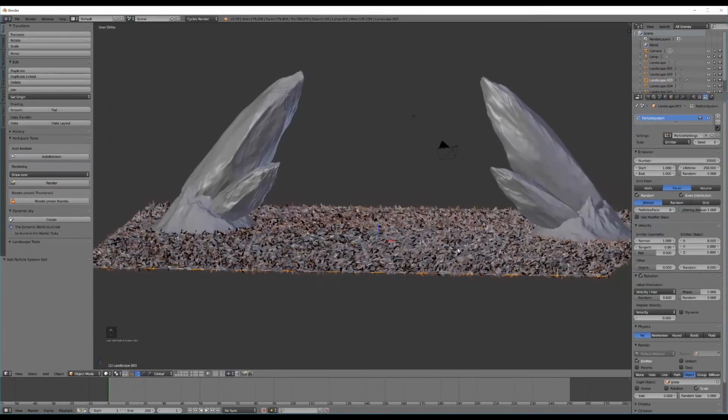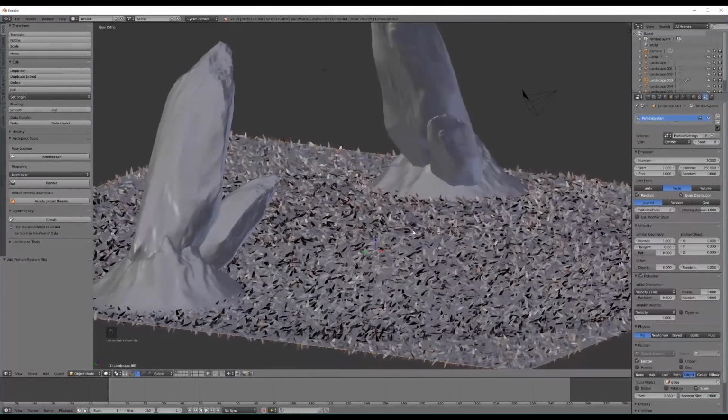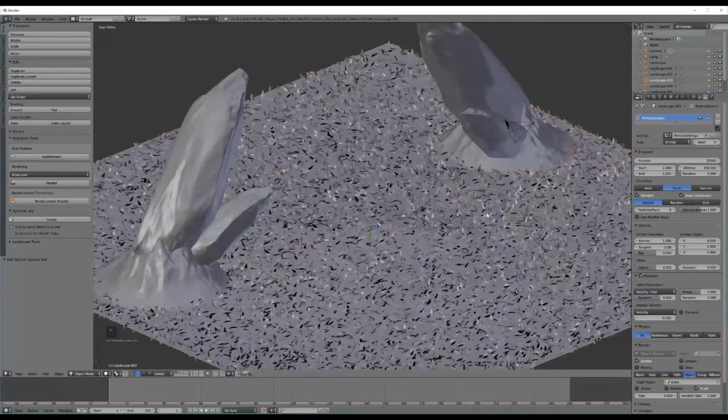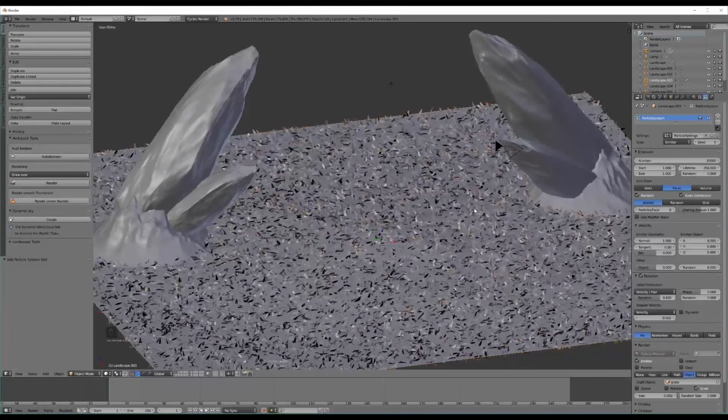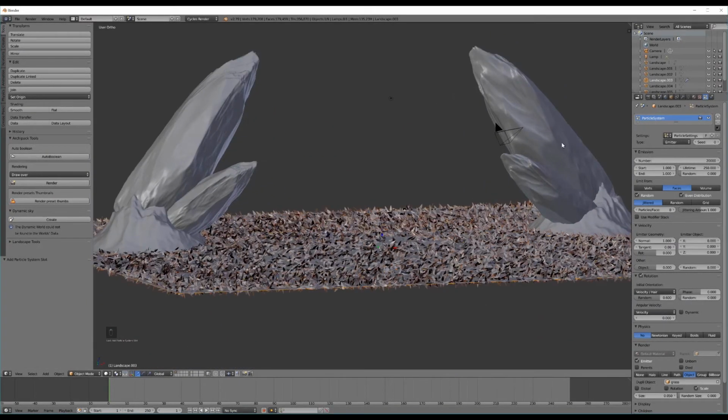What that's done is it's given it a random orientation, but kind of like you would expect to see in a kind of cool overgrown sci-fi grass field. And because this is just the basics of what we're learning, let's add some more grass, because that's probably a bit too large, because I want this to have quite